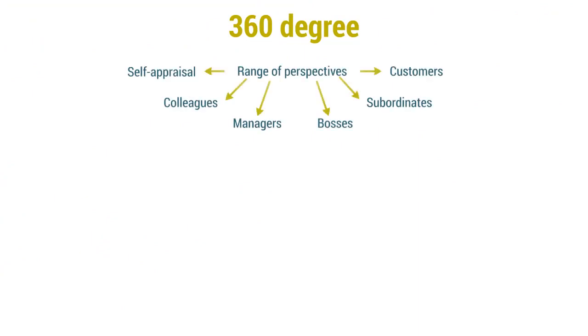360-degree appraisal. And the key difference here is that the individual is receiving feedback and being reviewed by a multiple range of sources. So a 360-degree appraisal will include a self-appraisal where the individual appraises themselves, but it will include perspectives from colleagues that the individual has worked with, their managers, maybe bosses higher up in the organization. If it's the review of a manager who leads and manages people, then getting the input from their own subordinates. And in some cases, particularly in sales or customer service, you're going to have some perspectives from customers where available.